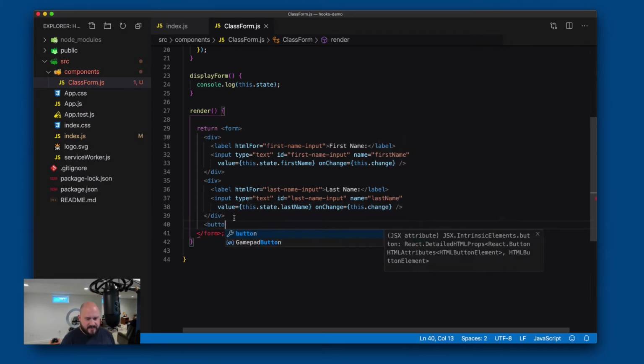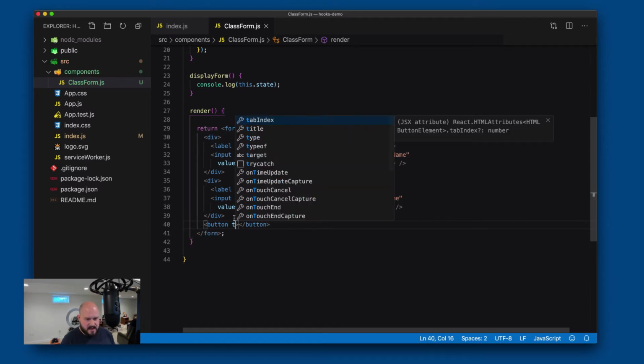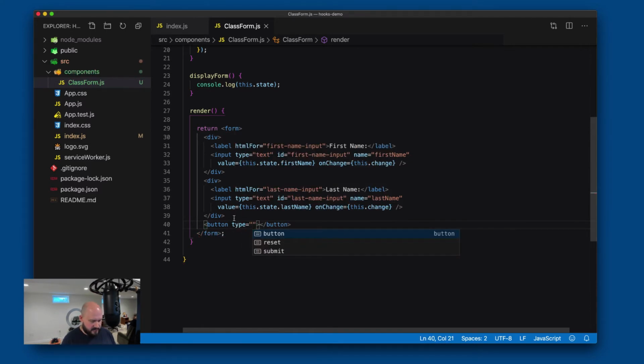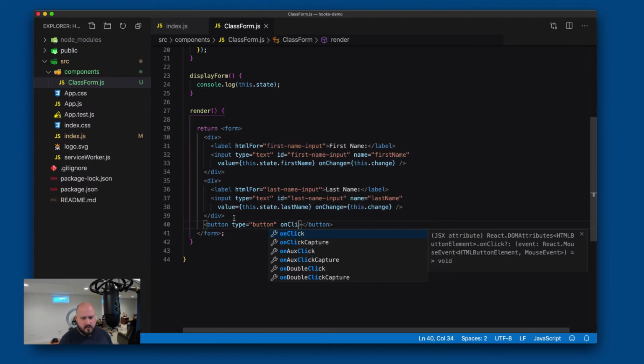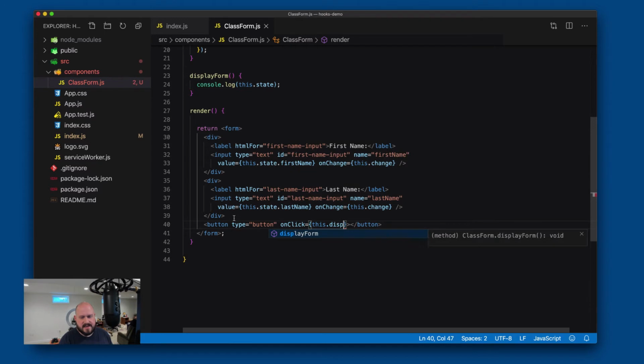We'll go ahead now and set up a button here. We'll say type equal to button. If you don't do type equal to button, you'll actually have to do like an e.preventDefault or whatever in your display form, but I'm not even going to mess with that. By setting the type equal to button, that will cause the button to not try to submit the form up to the server. For the onClick, we'll say this.displayForm,